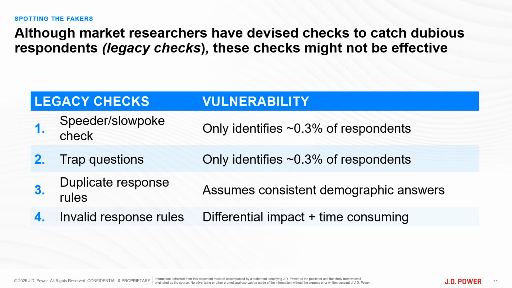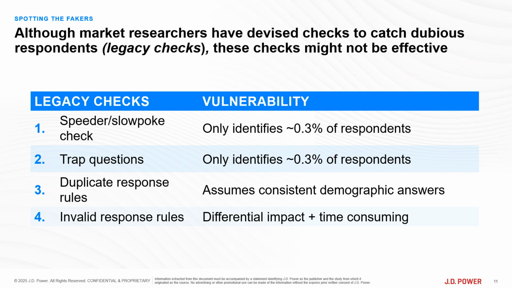So what we found over the years, these problems are not new, and we've been using what are called legacy checks. Examples of those types of checks are speeders or slowpokes, so people going too fast or too slow, trap or red herring questions, duplicate response rules. So we do use digital fingerprinting, which captures a lot of the duplicate respondents and the outright ingenuine dubious respondents. But we also use other survey-based duplication rules. And then we have what we call invalid response rules, which are essentially response patterns that just don't make sense